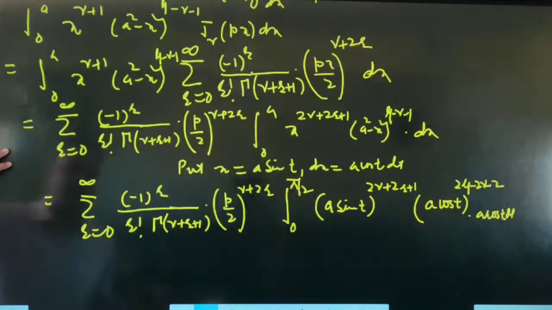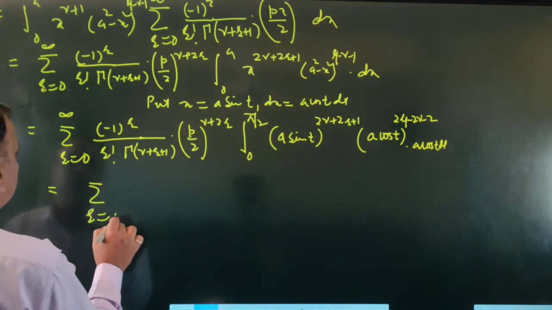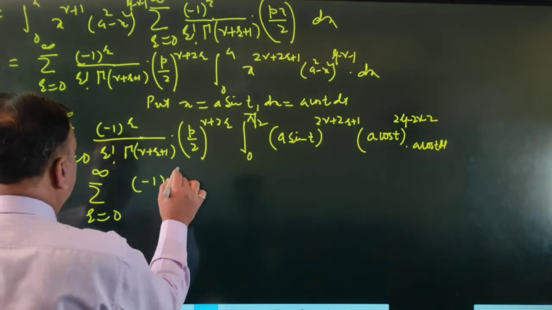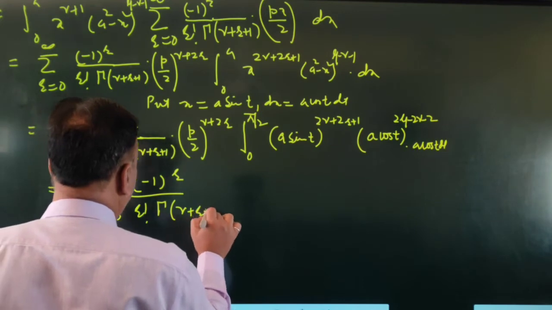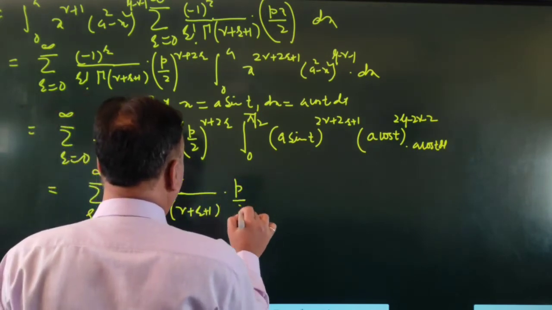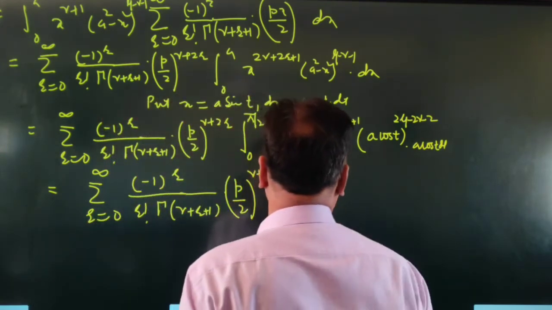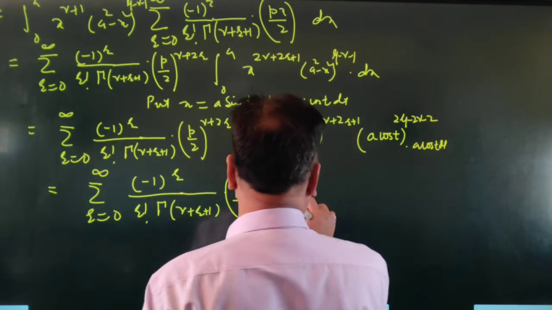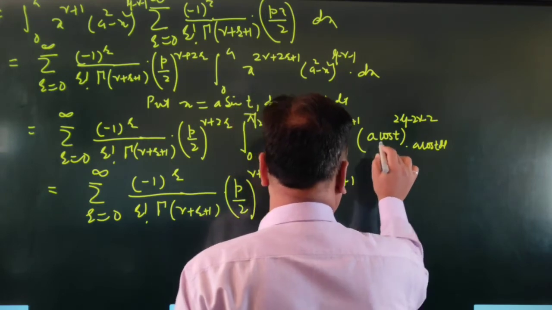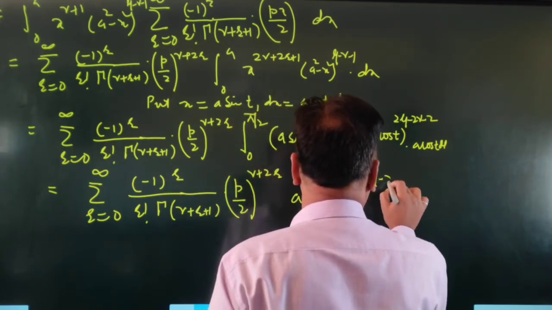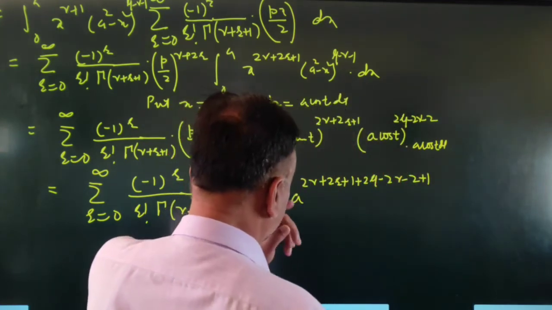Or solving this slightly, we get it is equal to summation r equals 0 to infinity, minus 1 raised to r upon factorial r gamma of nu plus r plus 1, into p by 2 raised to nu plus 2r, into a is constant, so a raised to 2 nu plus 2r plus 1 plus 2 mu minus 2 nu minus 2 plus 1, plus